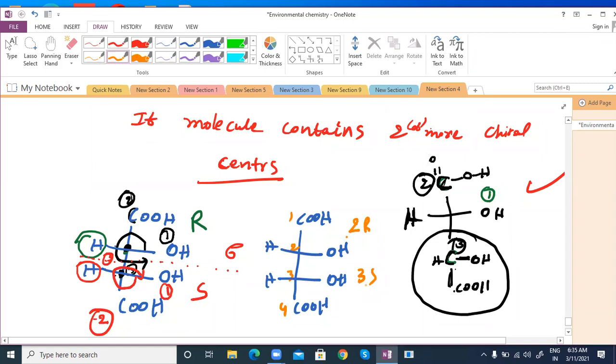Anyway, I already gave it to you. This is optically inactive. Optically inactive means one half of the molecule rotates clockwise and the other rotates anti-clockwise. That is also explained for you. So if the below chiral center is S, the above one is R. Then only it becomes a meso compound. Both should be opposite. So this is correct. RS nomenclature.